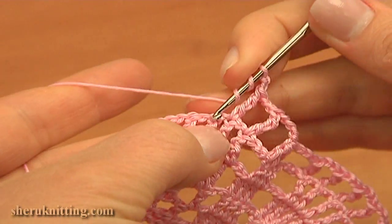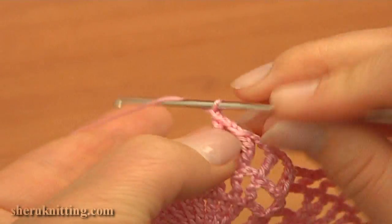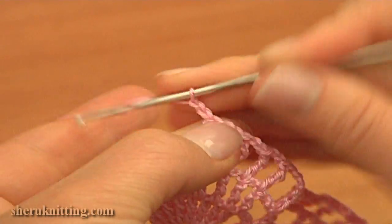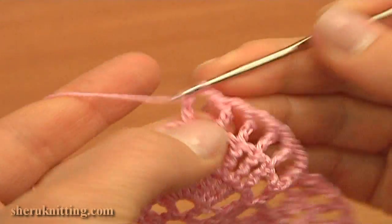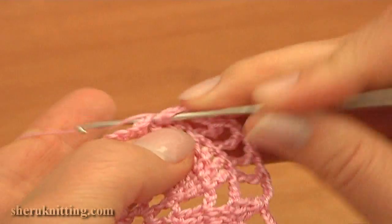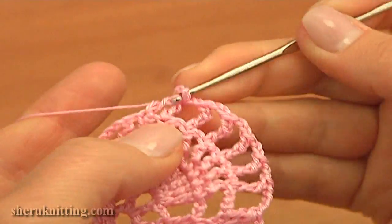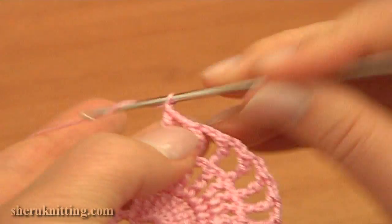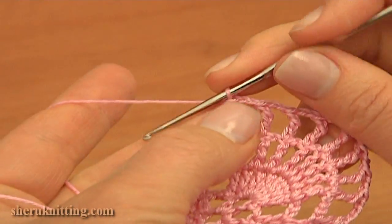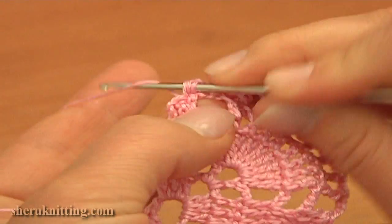1, 2, chain 2, treble crochet, 3, 4, chain 2, treble crochet through the next treble, 5, 6, and the last time chain 2 and treble crochet, 7. Now chain 4, 1, 2, 3, 4, and double crochet 3 together, working through in each of next 2